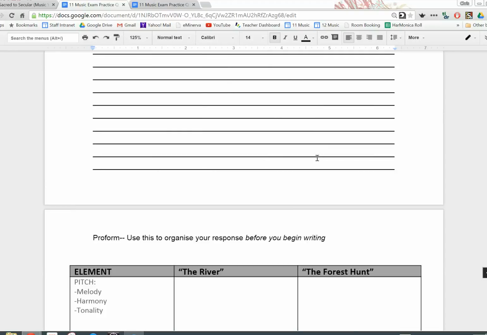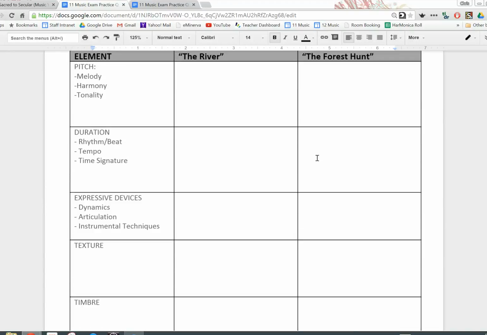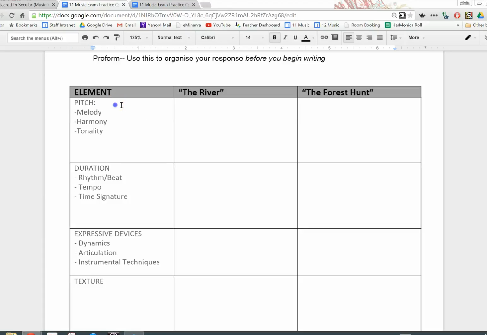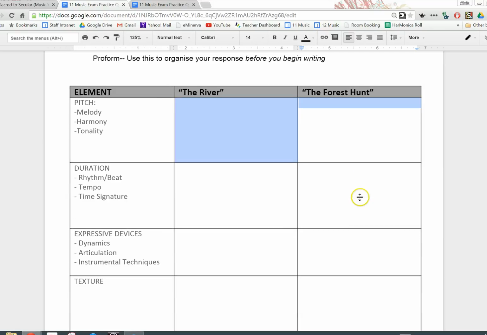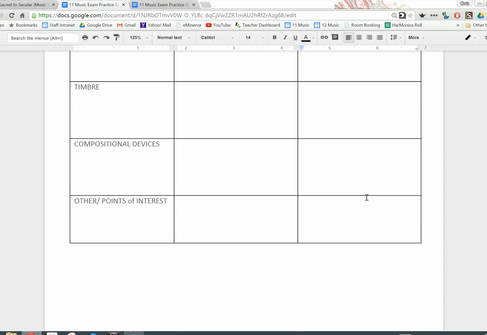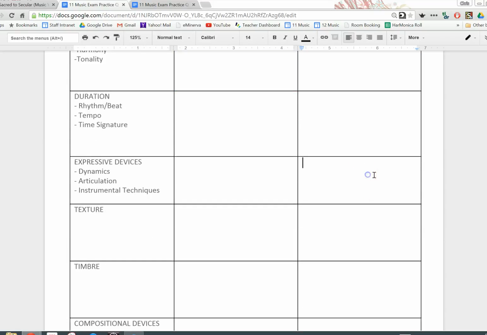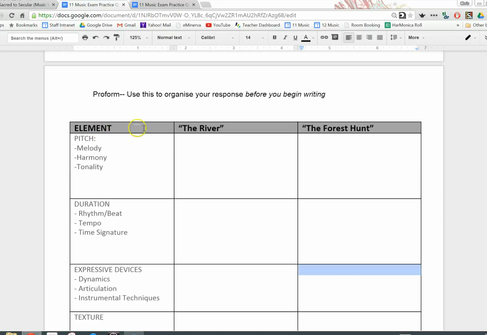That's why I've given you this, because your comparison will be about each of these elements for the river and for the forest hunt. You need to talk about both of them. You need to write down this evidence and look at it from the point of view of each of the elements. When you sit down to do the exam, you will have a pro forma like this,